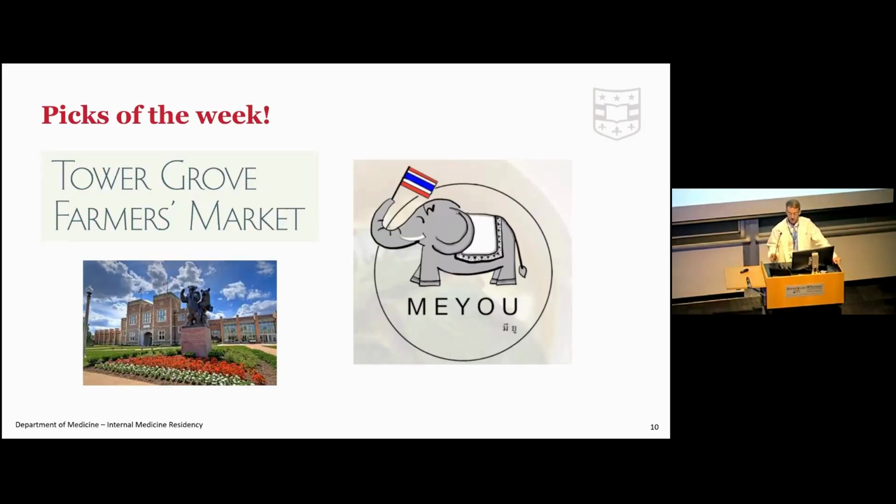My first one is Miyu Thai on the right. It's, I think, the best Thai restaurant in St. Louis. It's in Webster Groves. I've probably been like 250 times since I've lived here. Highly recommend it. The Tower Grove Farmers Market is also my favorite farmers market. There's several in St. Louis, but I think Tower Grove is really awesome. And I highlight it here because there's only 2 more Saturdays left. It will stop on November 1st for the winter.